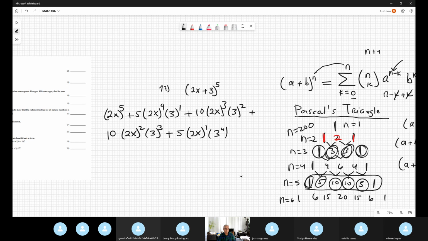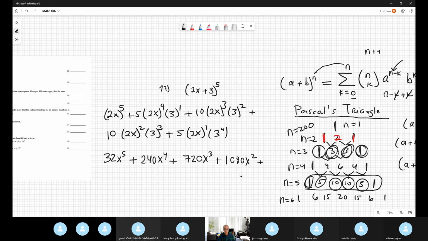For example, 2 to the 5th power is 32, x to the 5th power, plus, and you multiply 3 times 5, 15, and 15 times 16, and 16 comes from 2 to the 4th power, is 240 x to the 4th power, plus, this is 8, this is 10, this is 9, together is 720 x cubic, plus, this is 4 times 10 times 9 is 1080 x squared, this guy,